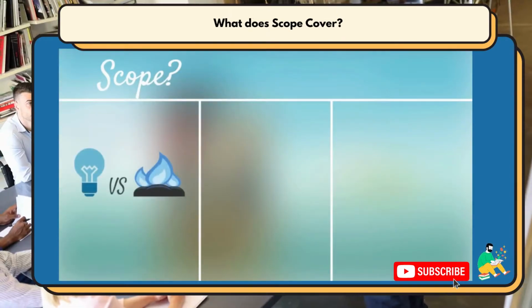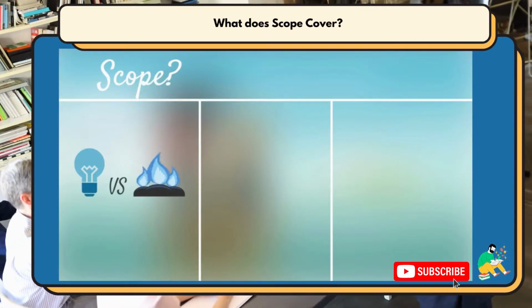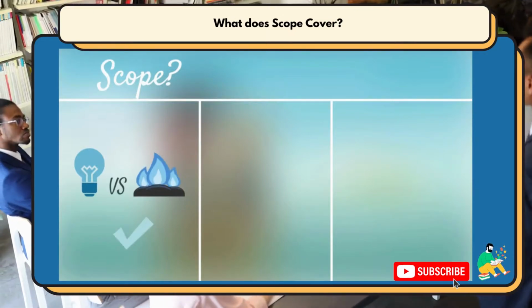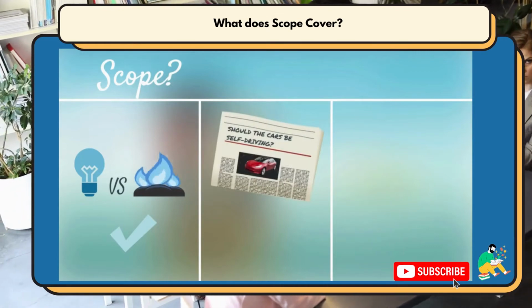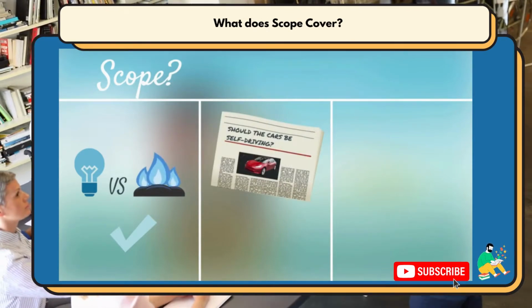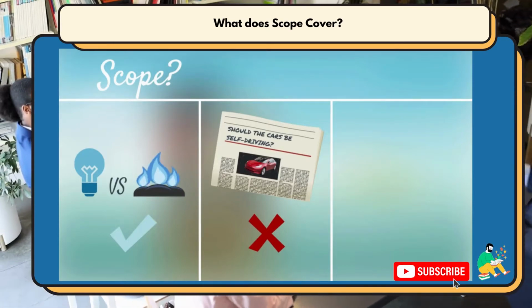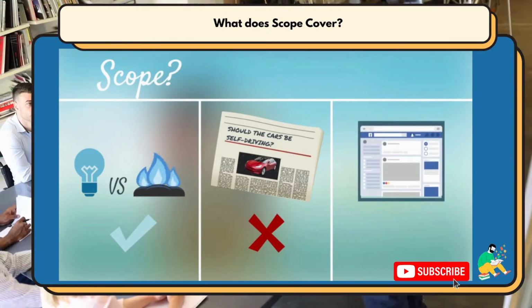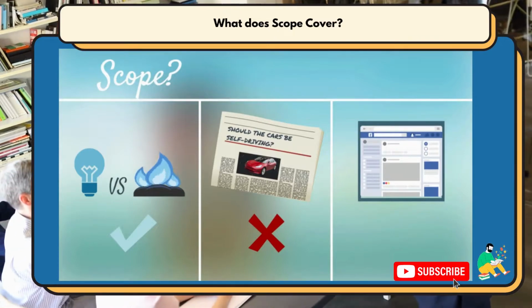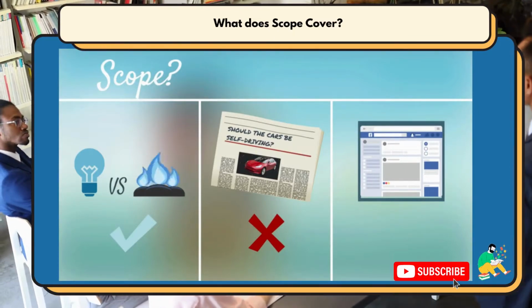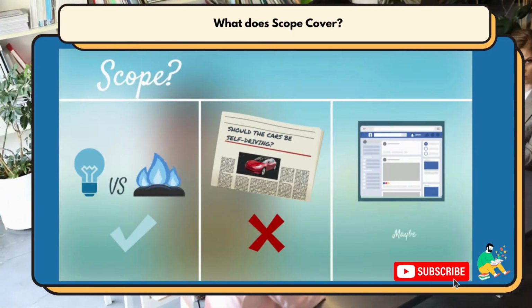But what exactly is part of our scope? Should the heating in the showroom be electric or gas? This question is within our scope. Should the local newspaper write an opinion piece on how showrooms are a thing of the past? Definitely not part of our scope. When should the showroom's details be updated to the company website? Is this within our scope or somebody else's?